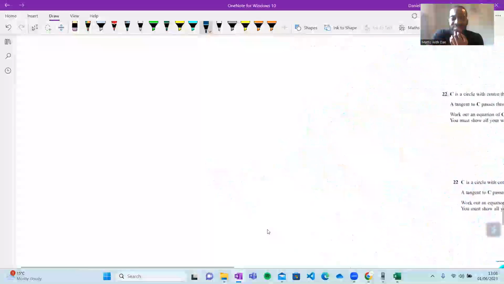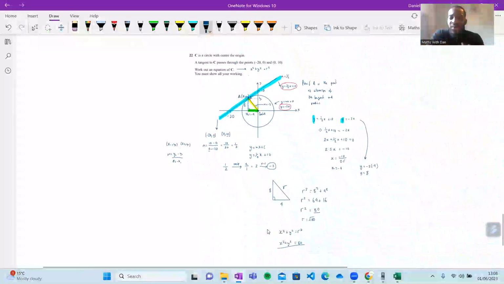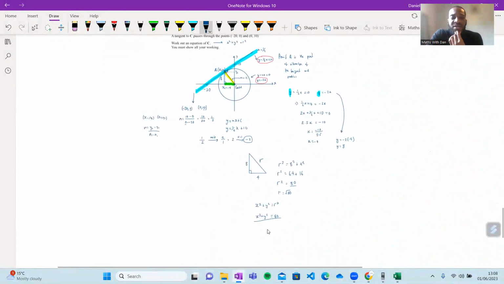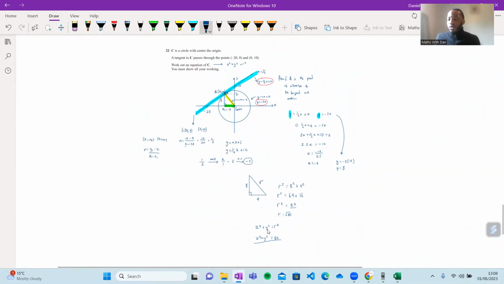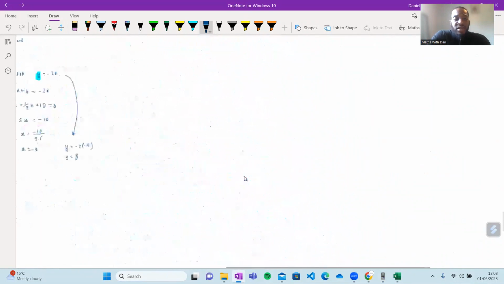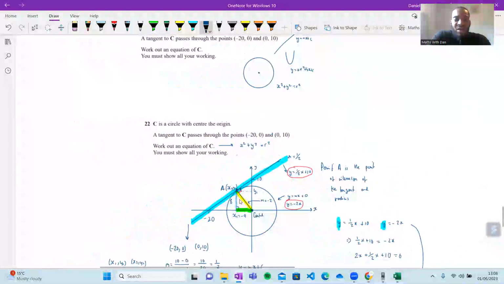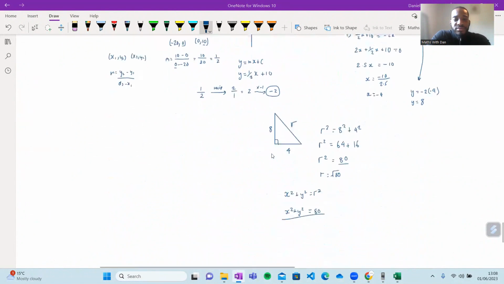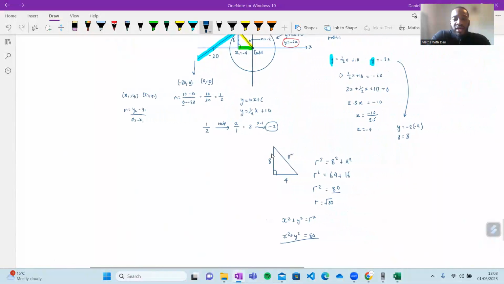Does this make sense, guys? Sorry, we overran a bit today. Sometimes some questions require a bit more explanation. But is this all clear? Whenever you're doing these circle questions, and I'm pretty sure it's going to come up, you want to visualize it. Remember, it's the same thing. You have a tangent, you have a radius, you figure out the equation of them. And the key to these questions is always that point of intersection there.